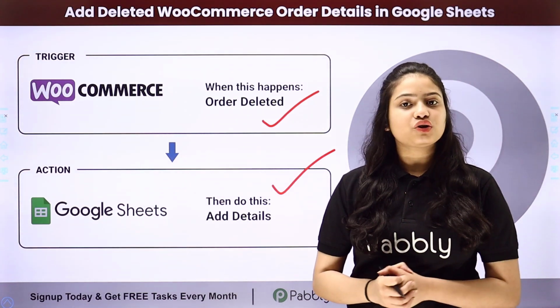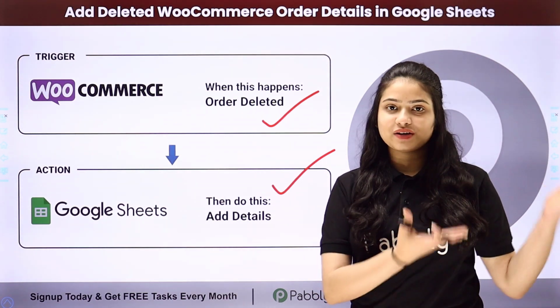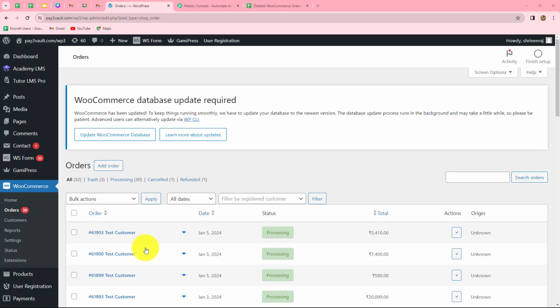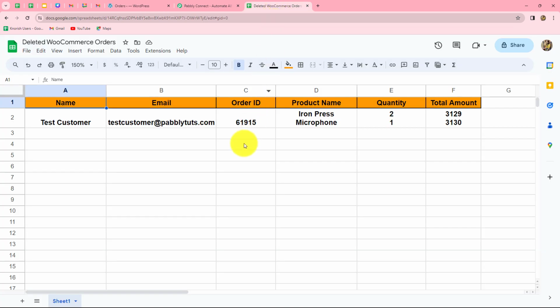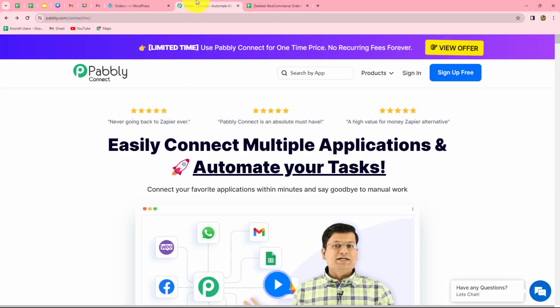And to learn this entire automation step by step, let me take you all to my screen. In this video, we are going to learn how to automatically add deleted WooCommerce order details in our Google Sheet. So let's suppose I use WooCommerce for selling my products, and now I want that as soon as a new order is deleted from my WooCommerce store, automatically the details of that deleted order should be added in my Google Sheets. Okay, for this we are going to create this automation by setting up a connection between WooCommerce as well as Google Sheets,